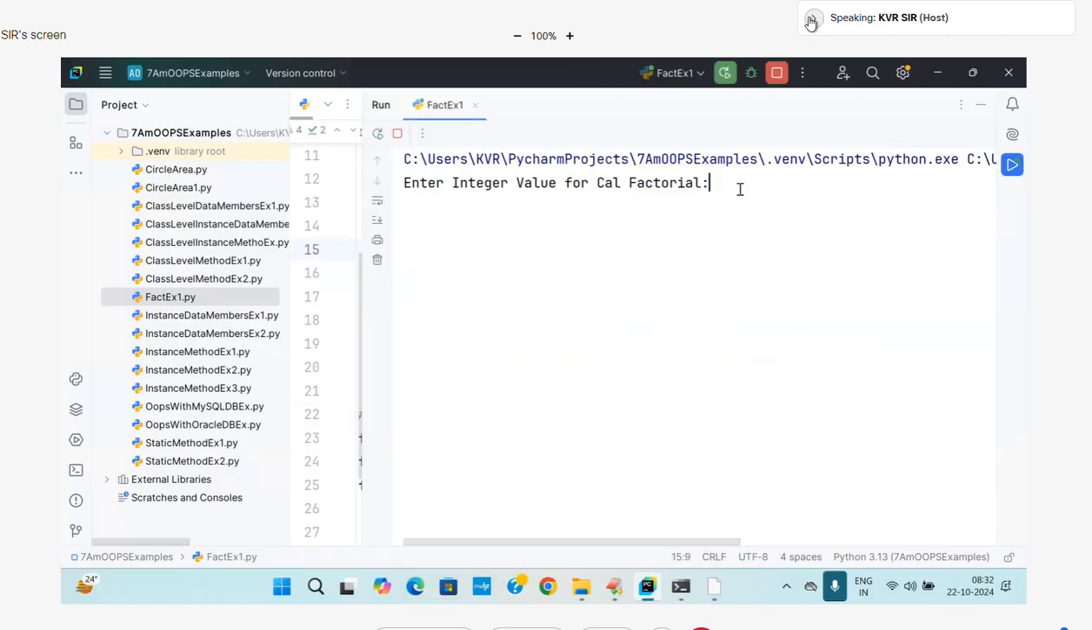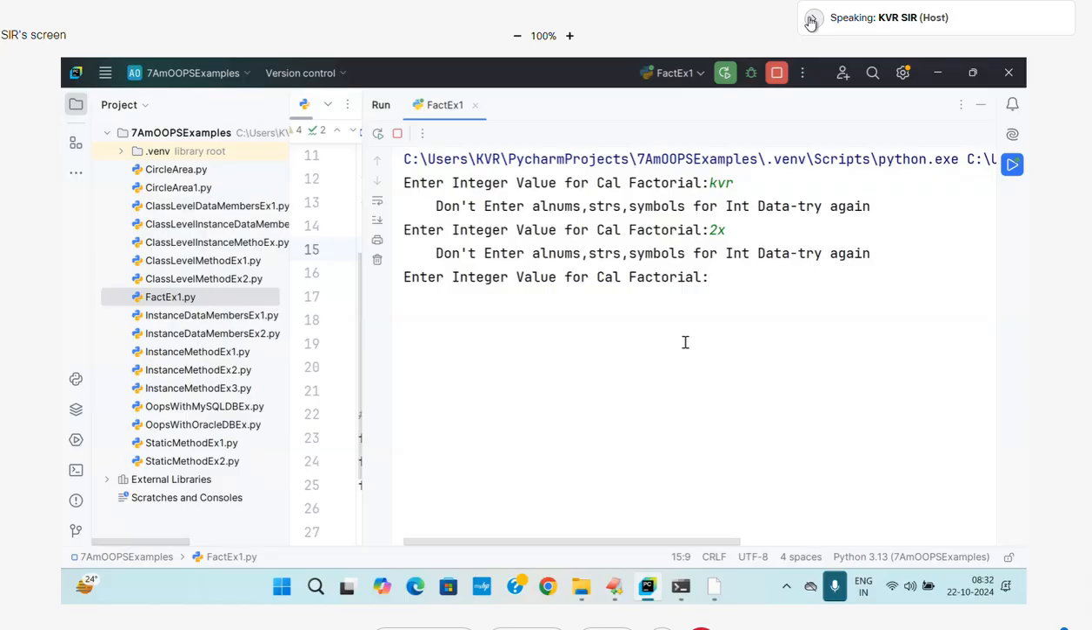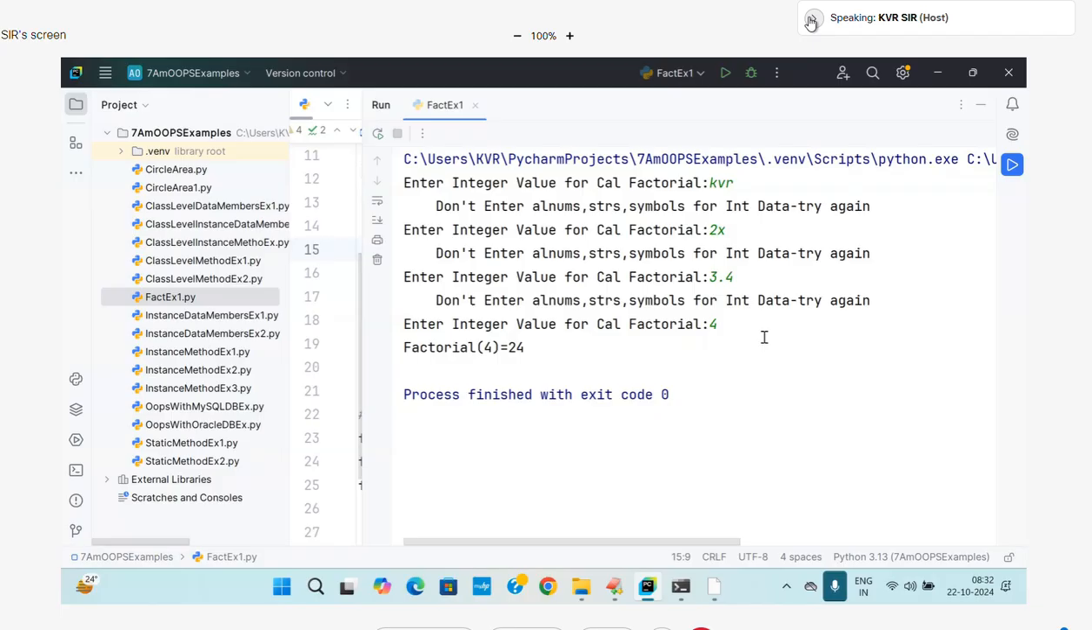Execute. Enter the value here: -4. No factorial value for negative value. Now, if I enter an invalid value, there is an exception: enter the integer value for factorial. Same exception for 2x. And 3.4, exception, it is not taking 3.4 also. That is also considered as symbolic notation only. I'll say something like 4. Factorial of 4 is